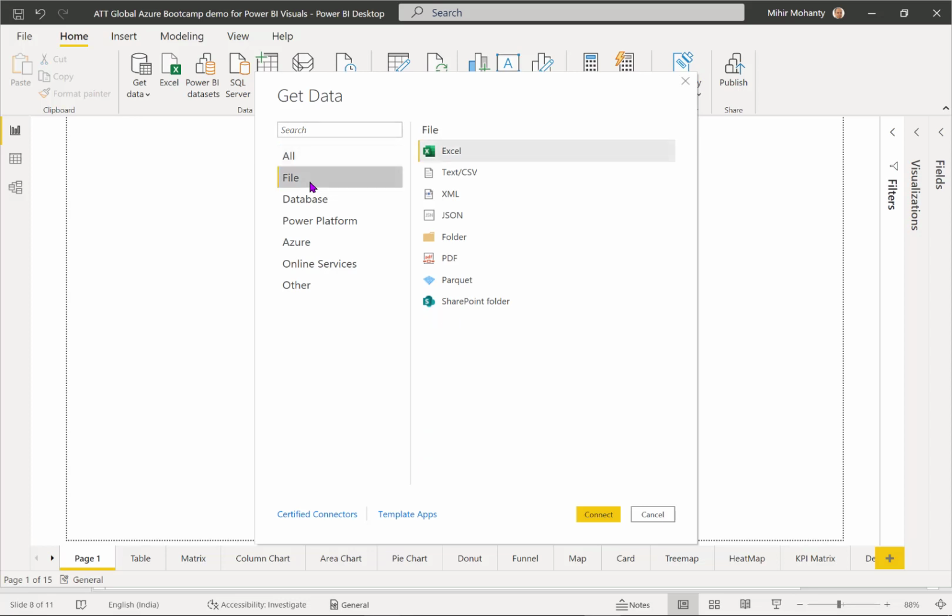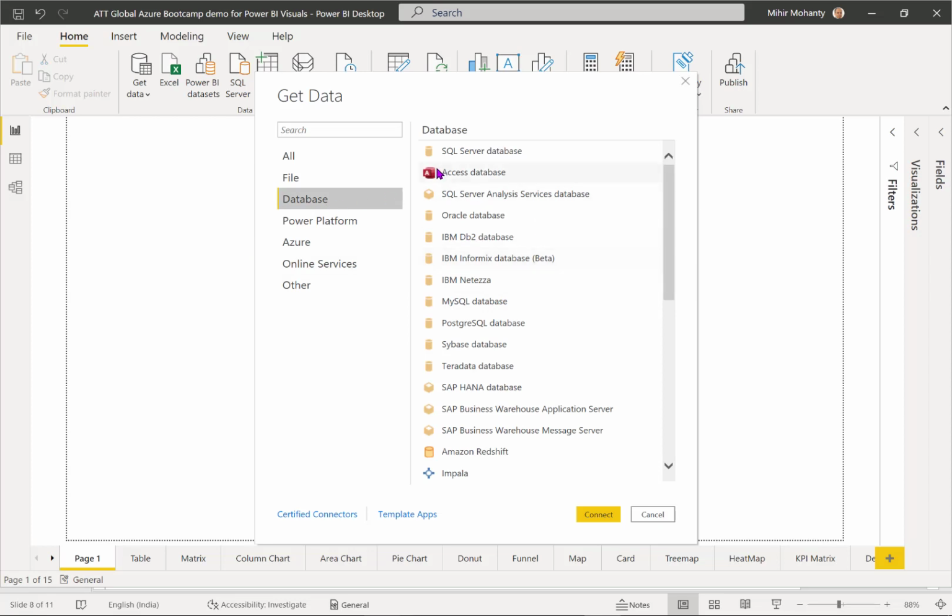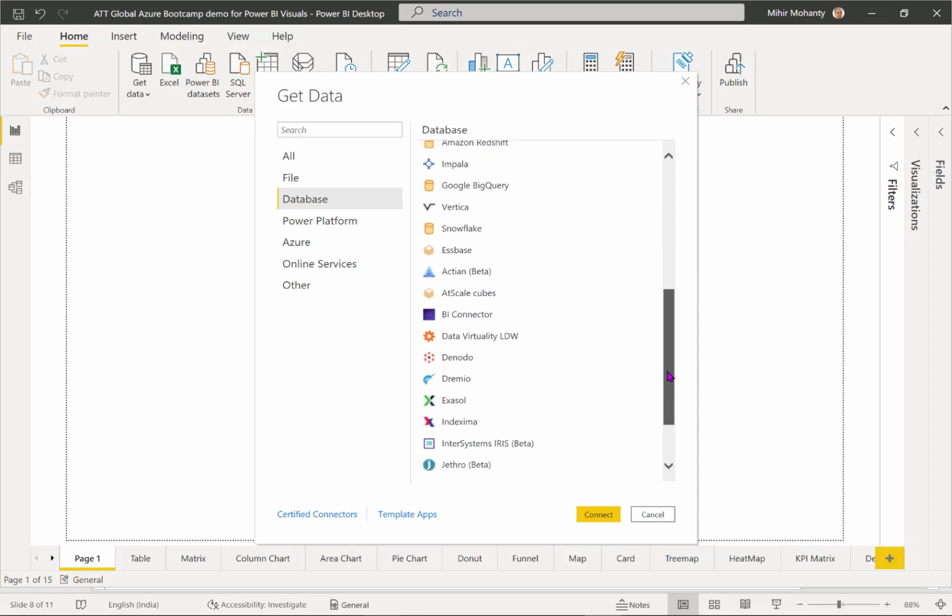So let's have a quick look at the different data types which are supported. Under file, you can see different file types like Microsoft Excel, TXT, CSV, XML, JSON, PDF files, SharePoint folders, and many other file formats being supported. Here you can see the list of databases supported on Power BI.